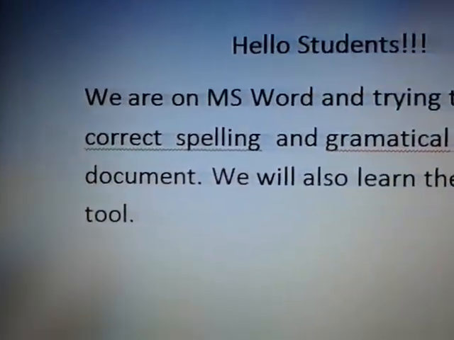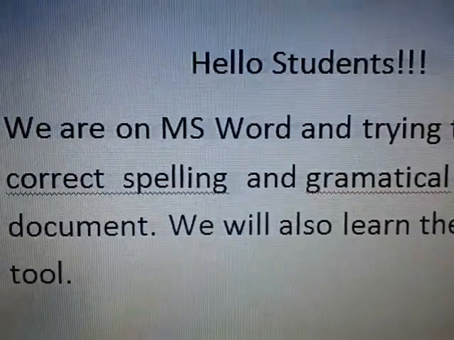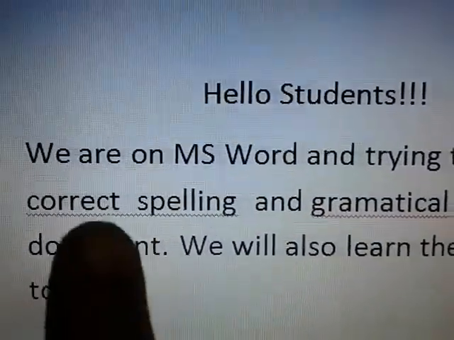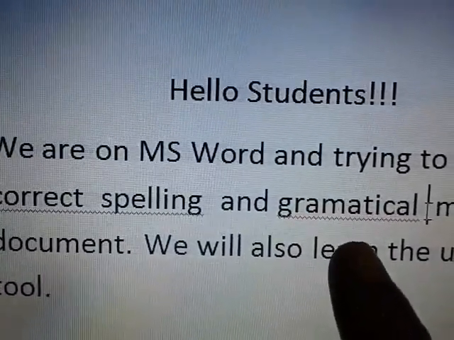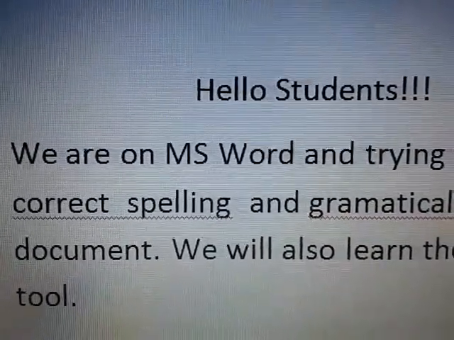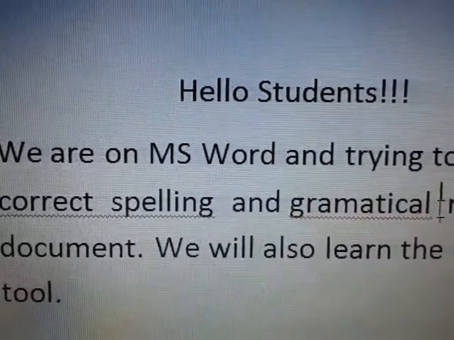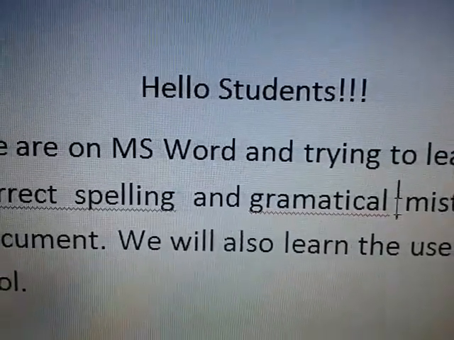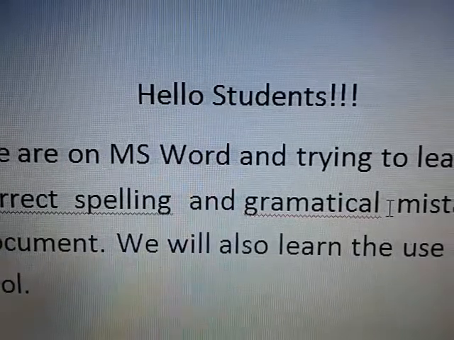Then see, like this, two lines have appeared, no? Over here you can see a green wavy line and over here a red wavy line. This green wavy line is showing us that there is a grammatical error in the sentence, and this red wavy line indicates a spelling mistake in the word.